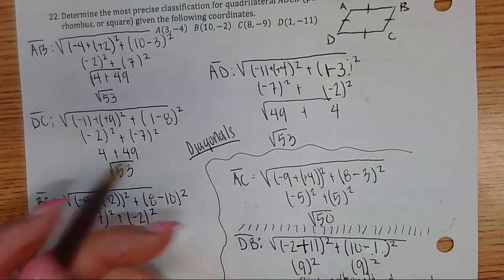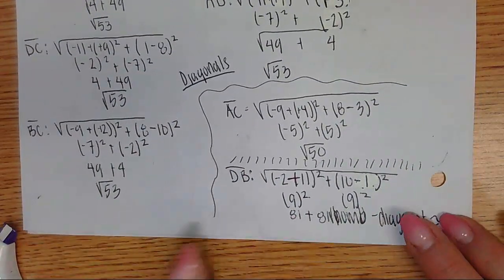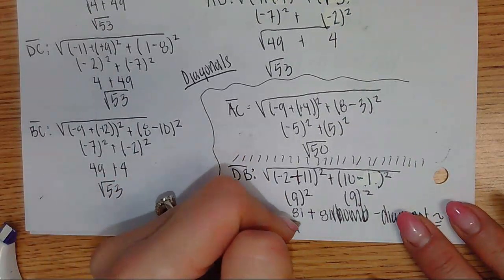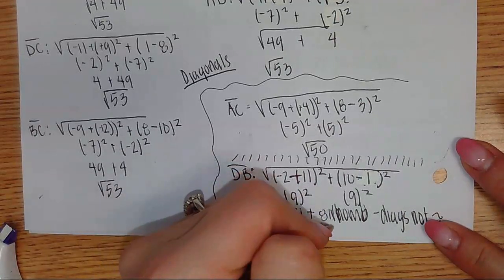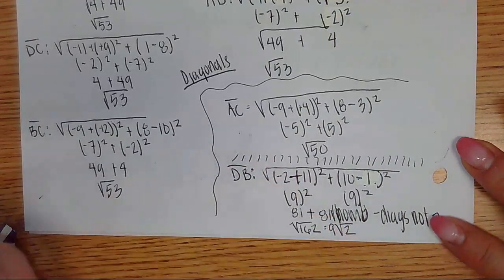All right, well, I'm going to add those two together, 81 and 81, and I'm going to get the square root of 162. When I plug that into my calculator, I end up with 9 rad 2,